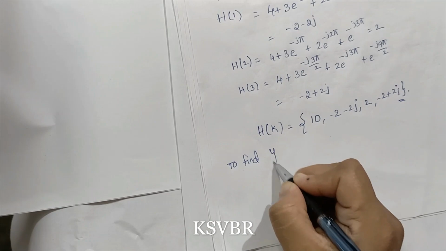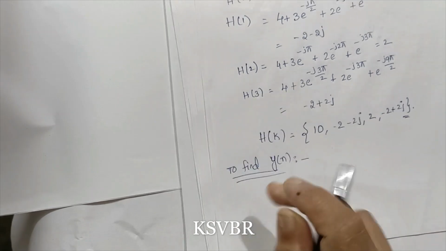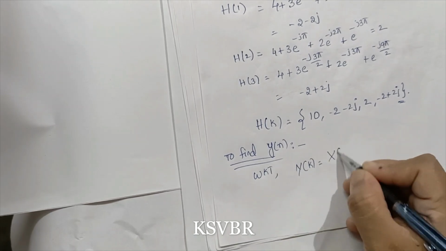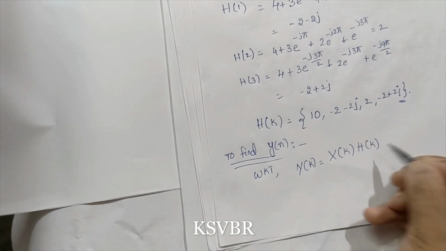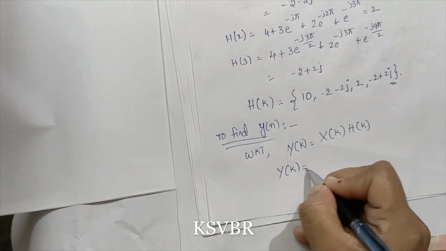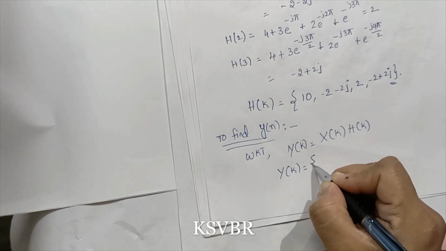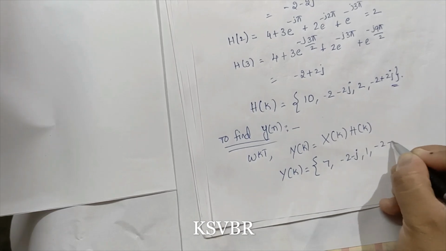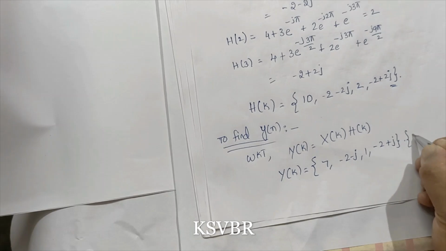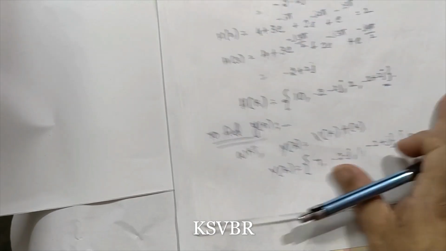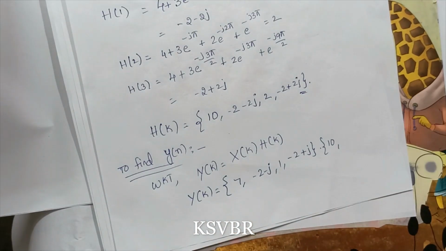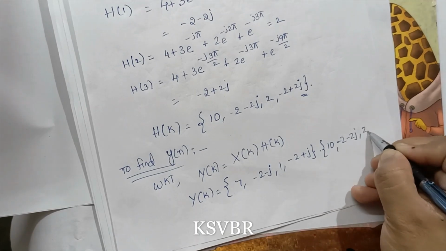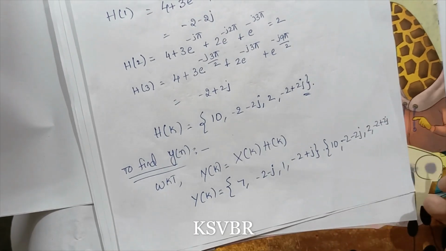Our main intention is to find y of n. So we know that Y of k is equal to X of k into H of k. So Y of k is equal to, what is X of k? 7, minus 2 minus j, 1, minus 2 plus j, into 10, minus 2 minus 2j, 2, minus 2 plus 2j. Okay, so here